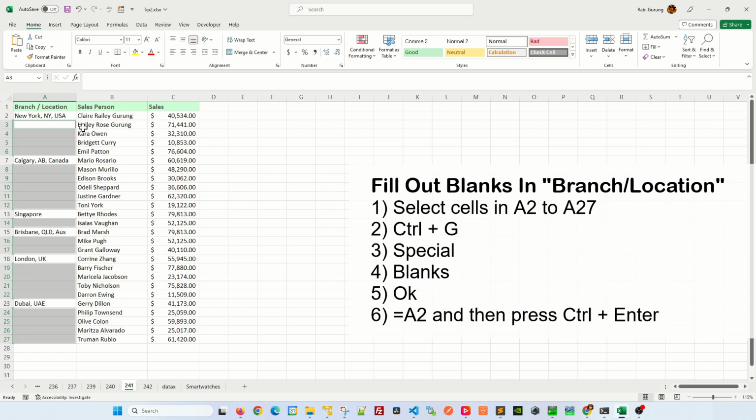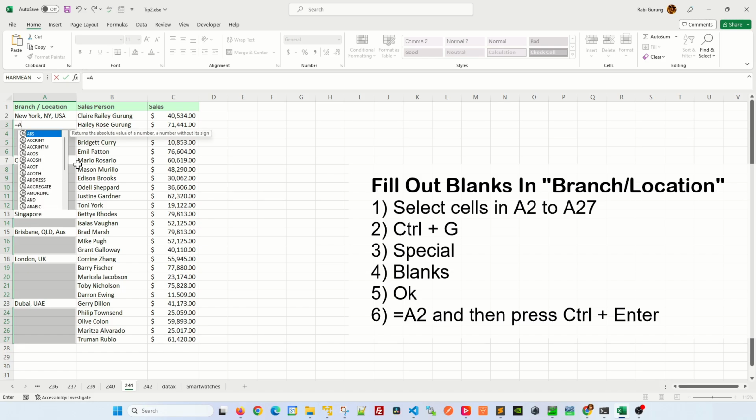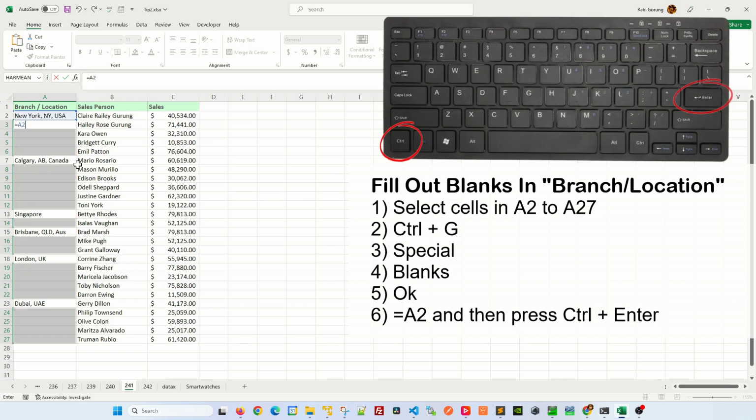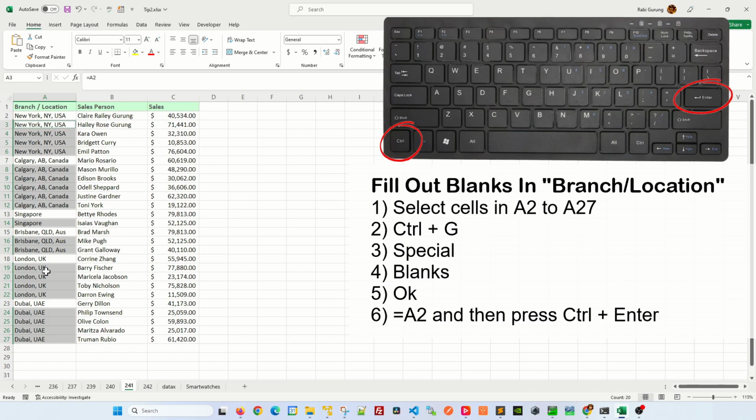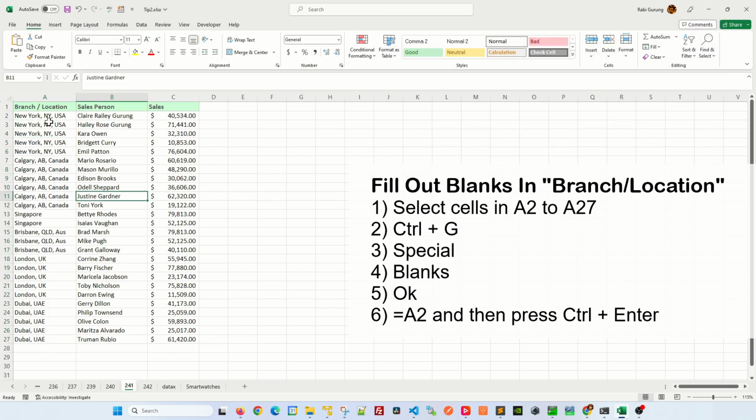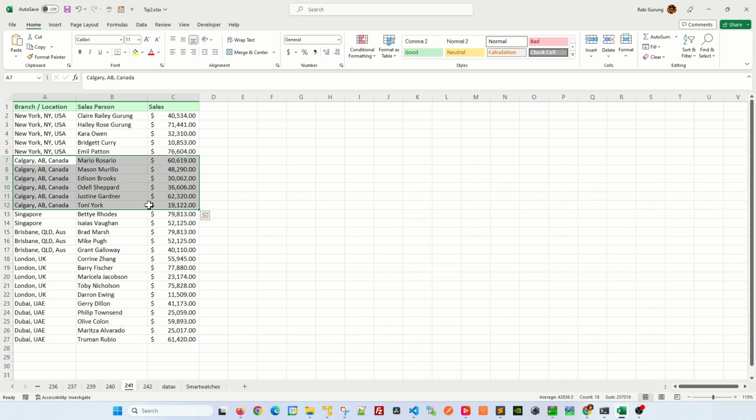Next, you're going to populate all these blanks with the adjacent value. You're going to say equal A2 like this. And then you're going to press Ctrl Enter so that the formula applies to all the blanks like this. With that being said, you can see there's sections being formed, and that's what you need to use the subtotal